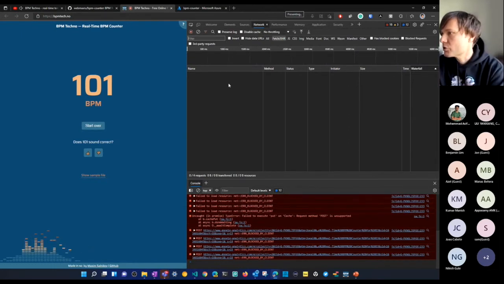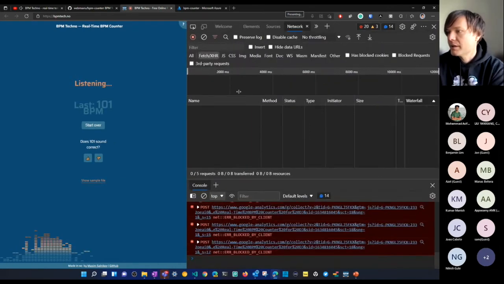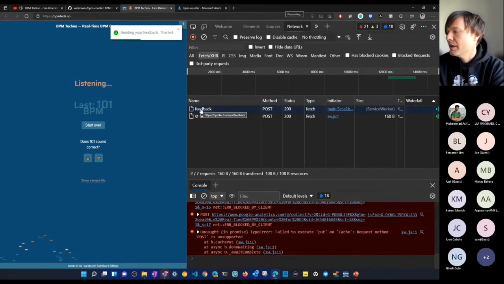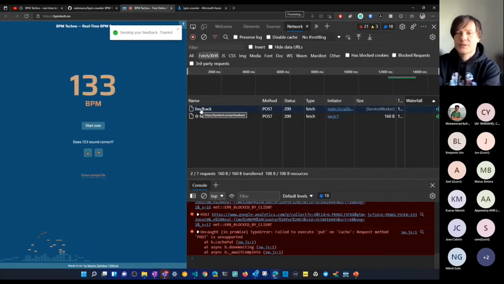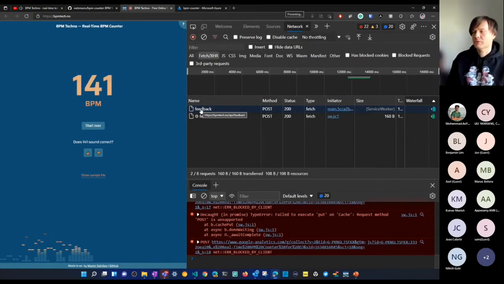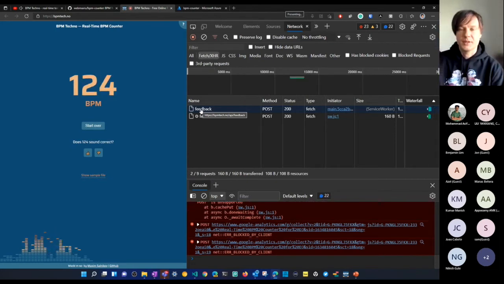So let me show you on the network. Maybe let me zoom that in. If I click that button, the call to API/feedback is going out, and then an Azure function takes control over the data it receives, and then it stores this result to Cosmos DB.